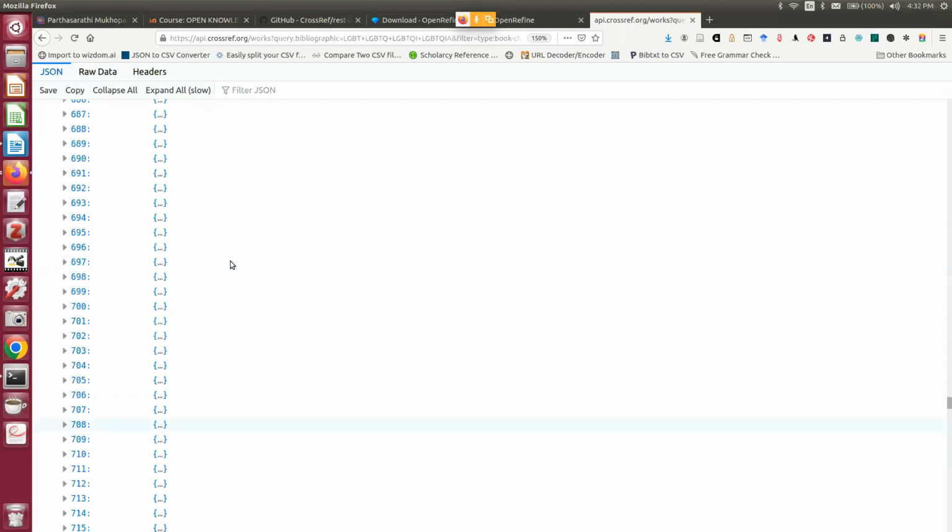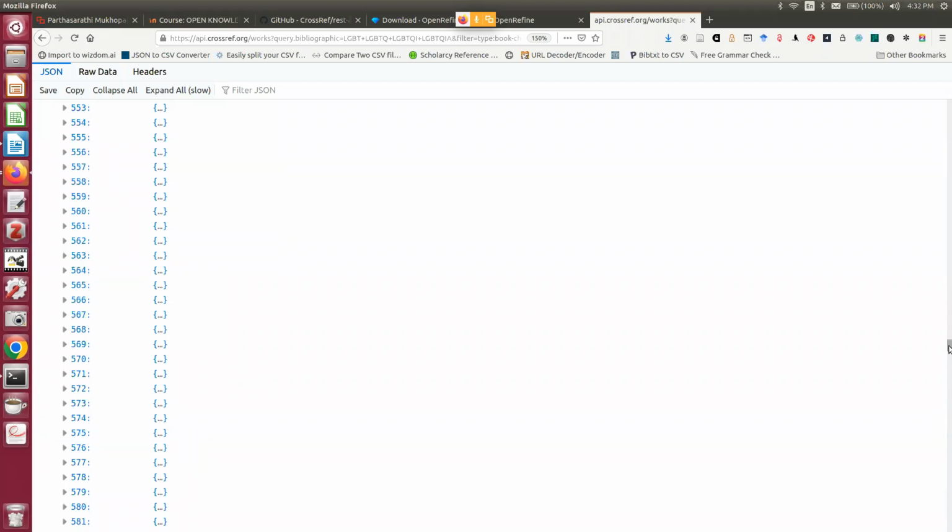So let us go for the downloading part. So now these 1,000 records. So there will be three sets. First set will be 1,000, second set will be the second 1,000, and third set will be 168. So there are 2168 papers. So there will be three different sets. Now I am going to raw data, copying it,